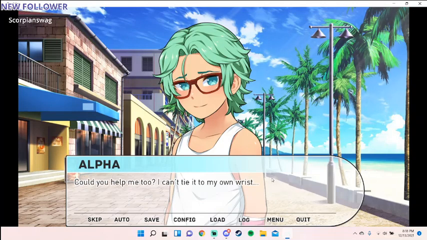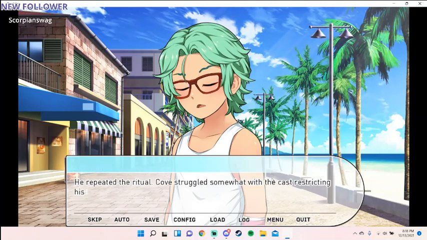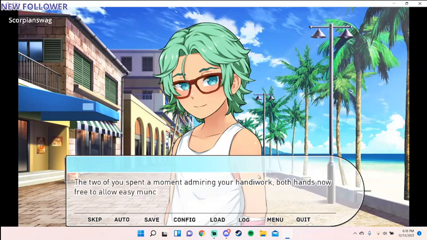Could you help me too? I can't tie it to my own wrist. He repeated the ritual. Cove struggled somewhat with the cast, restricting his fingers on one hand and the string already tangled on the other. Okay. Got it. The two of you spent a moment admiring your handiwork, both hands now free to allow easy munching